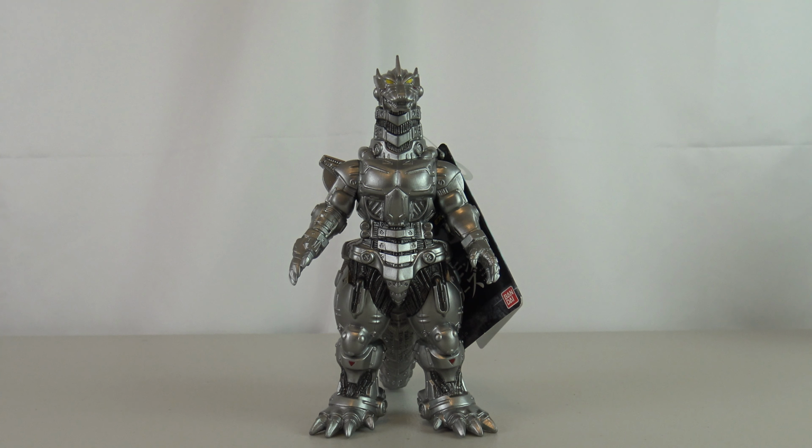Hello everybody! Today we have an interesting review. Yes, we are still reviewing a Godzilla toy, but this is from Toho. This ain't Monsterverse. This is an old, classic Mechagodzilla design from 2004, and if any die-hard Godzilla fan is watching this